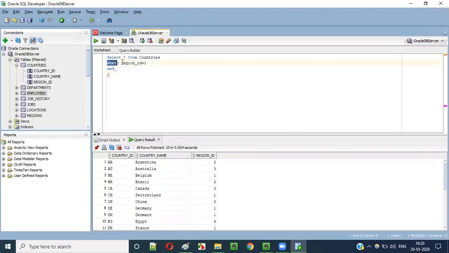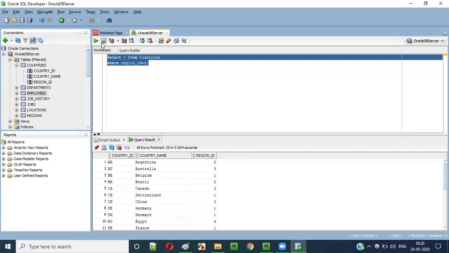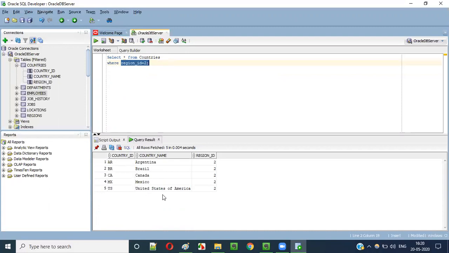The where clause has the first condition, and along with that I'm going to provide another condition. Let me provide only one condition first, that is region ID is equal to 2. All the countries having region ID 2 got filtered and displayed here.